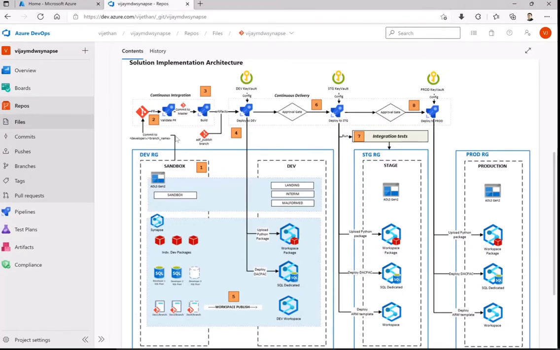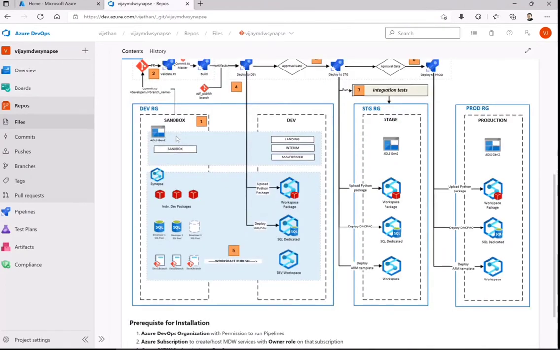The other thing is the modern data warehouse components themselves. We have three boxes at the bottom: the dev resource group, staging resource group, and production resource group. In the dev resource group, the components are the Synapse workspace along with the key vault you see at the top.